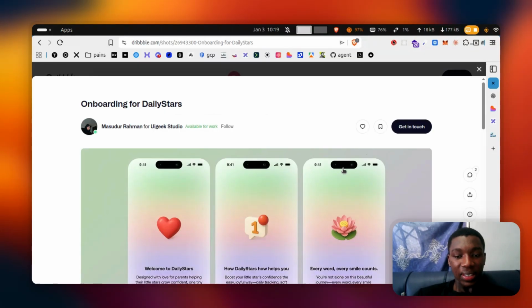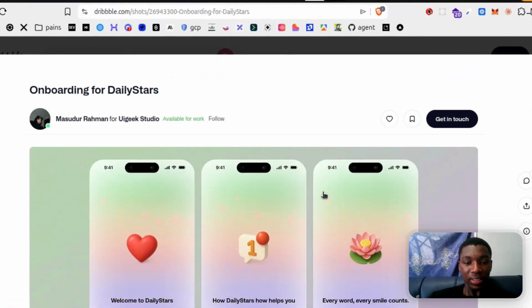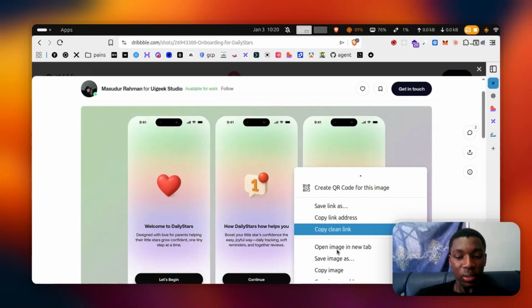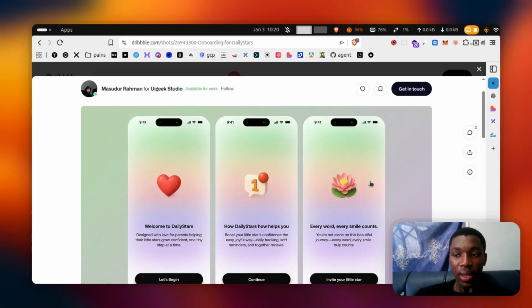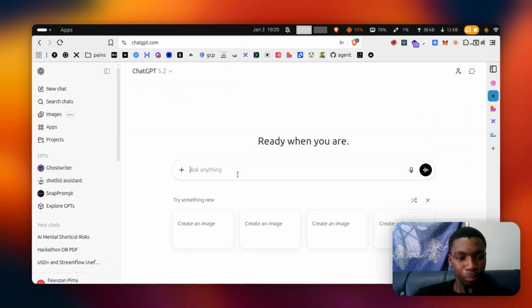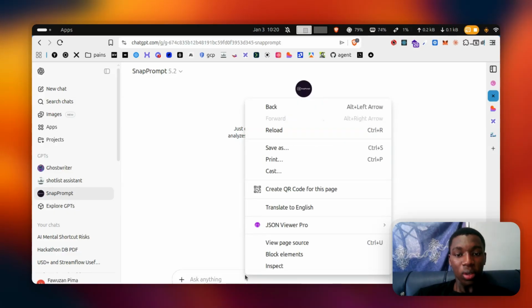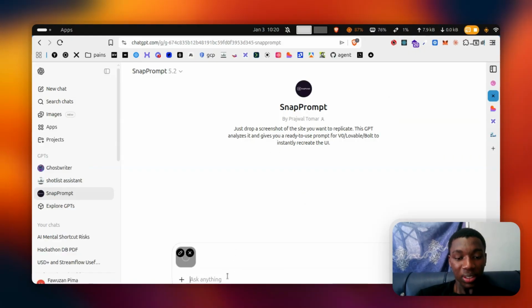But here's the case, this type of design is a mobile app, right? But we need it for a website. So what we have to do is just copy it. We copy it, and then head over to ChatGPT. ChatGPT can help you plan and also get the branding of the image that you copied. And this is a simple GPT that allows you to extract all of that. So you just have to paste the image over here. So I paste the image,